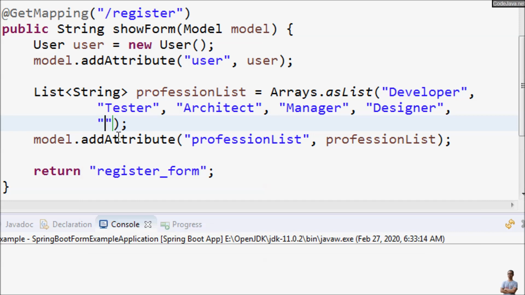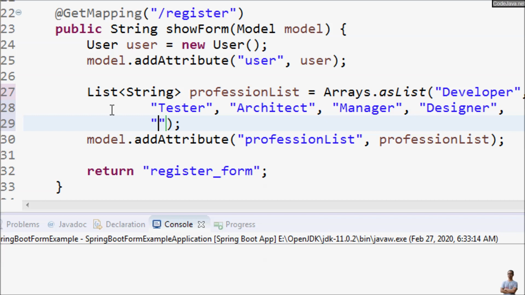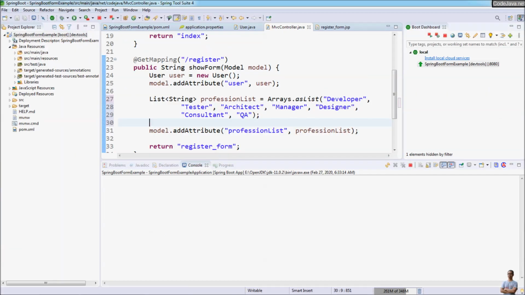For example, consultant and keyway, for example, and I save the file, and